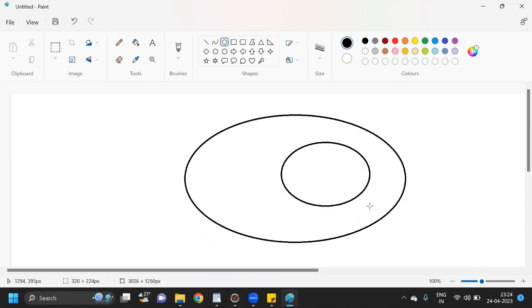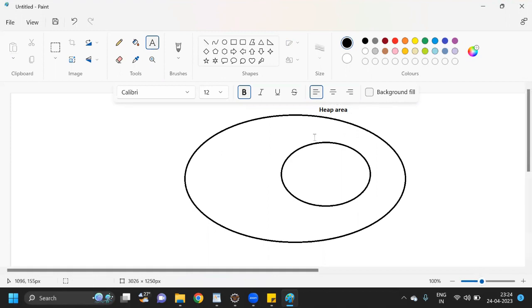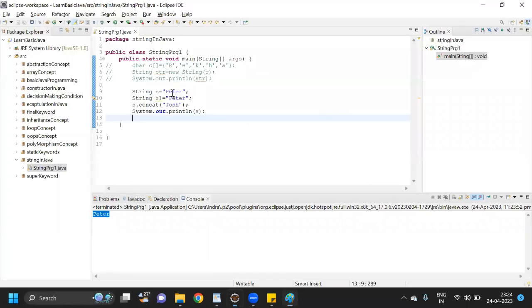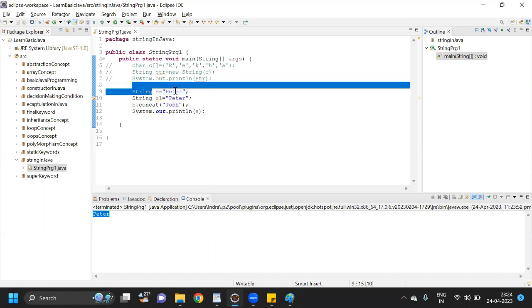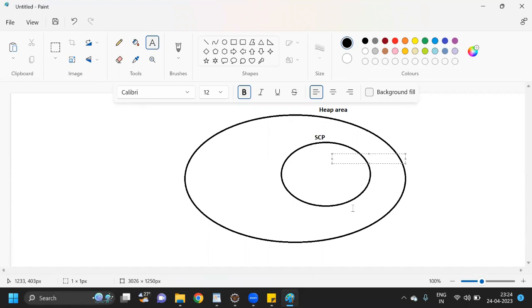Creating a diagram will help you, right? So again, this is the heap memory. This is the heap area. This is the string constant pool, SCP. And I have created this string with the help of a string literal. So what it will do, it will create an object under SCP only, because whenever you create an object with a string literal, it will be stored under the string constant pool area only, right? So here it will store with the name Peter,